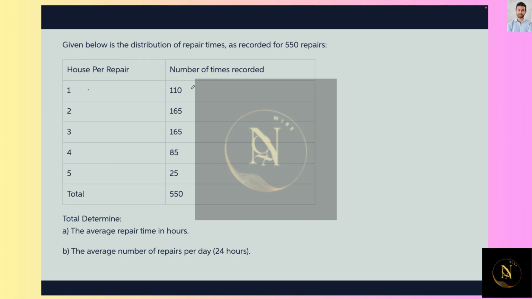House 1 took 110, say, minutes. House 2, 165 minutes. House 3, 165 minutes. House 4, 85 minutes. House 5, 25 minutes. So when you add all these up, you get the total 550, and there's a total of 5